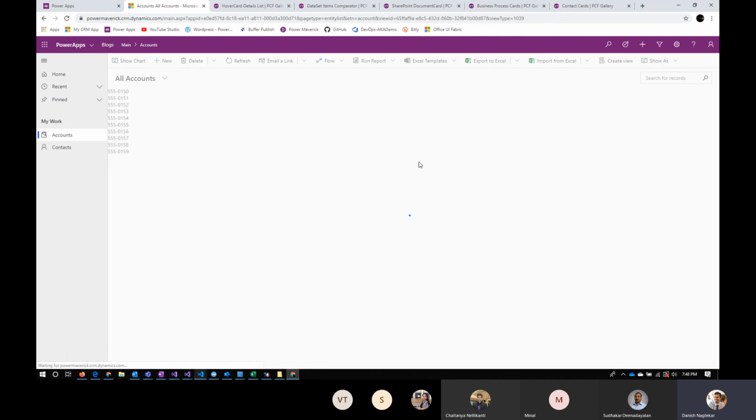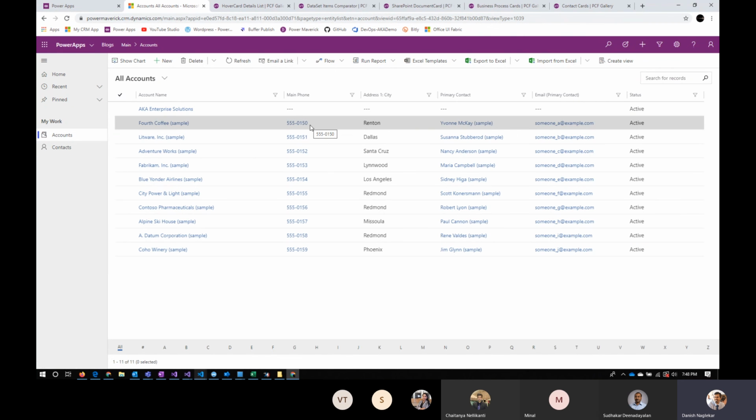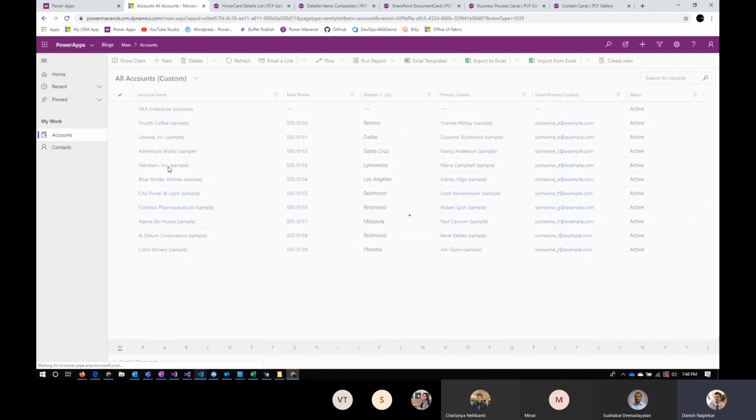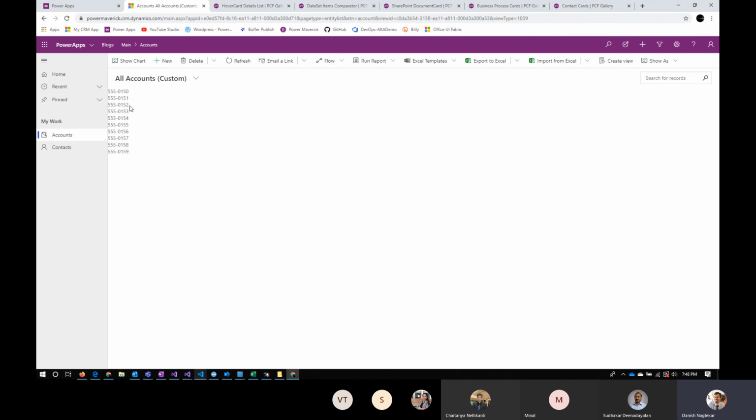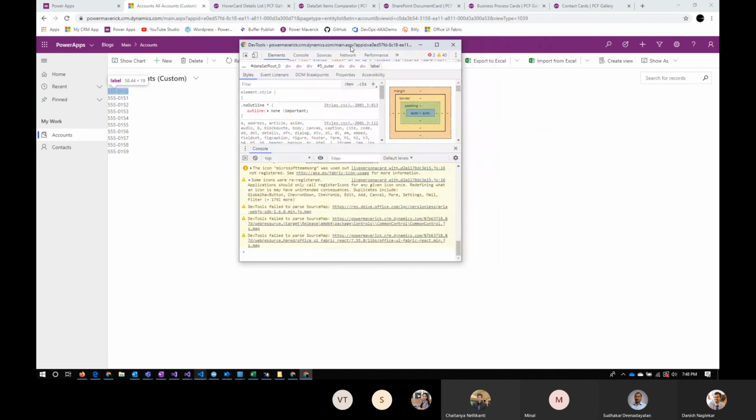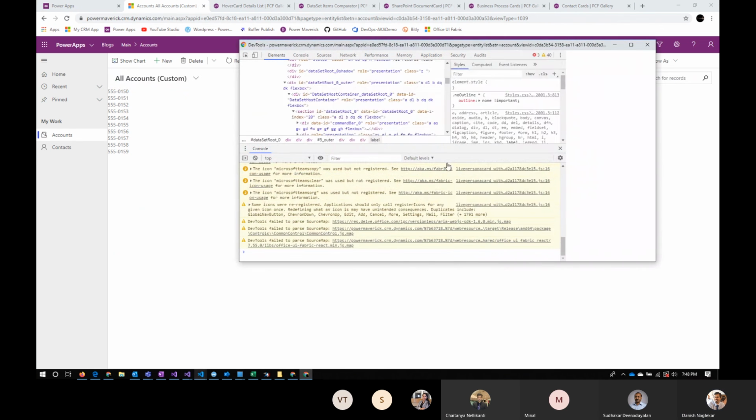As you can see, these are all the phone numbers, 5051 to 59, right? So now if you go here, you will see 505152 to 59, all the telephone numbers. So we just changed that. You also added a label to that, right? So this is the label. So inspect, and as you can see,